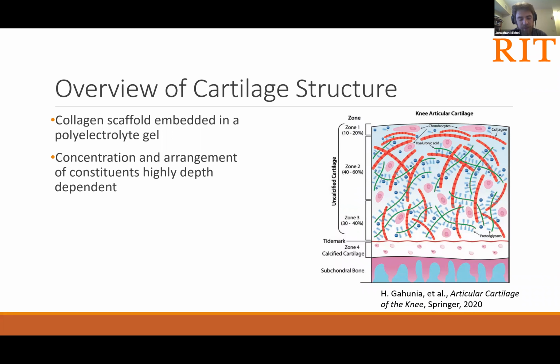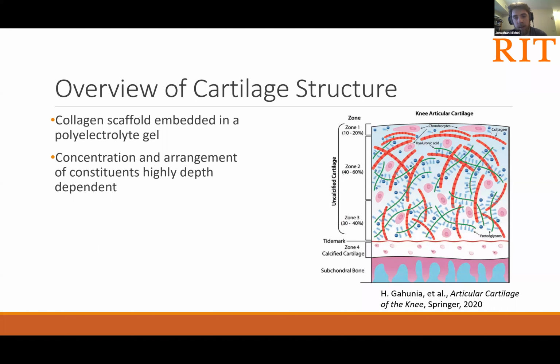The compressive behavior of this tissue has already been fairly well characterized using the successful model of poroelasticity, worked out some 4 decades ago. But the shear mechanics of articular cartilage has received comparatively little attention. And so to prepare us to delve into the shear mechanics, I'd like to first take you through a theorist's overview of the constituents of this tissue that are going to be salient for coming up with a mechanical model.